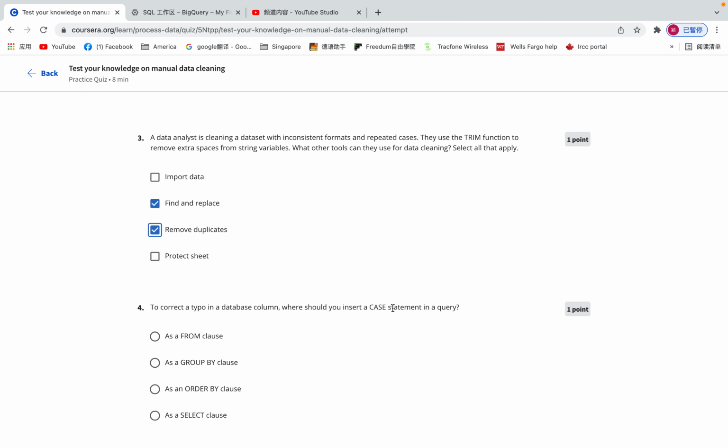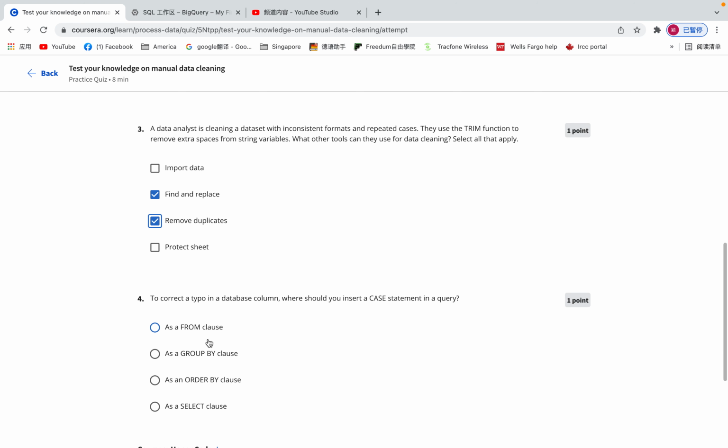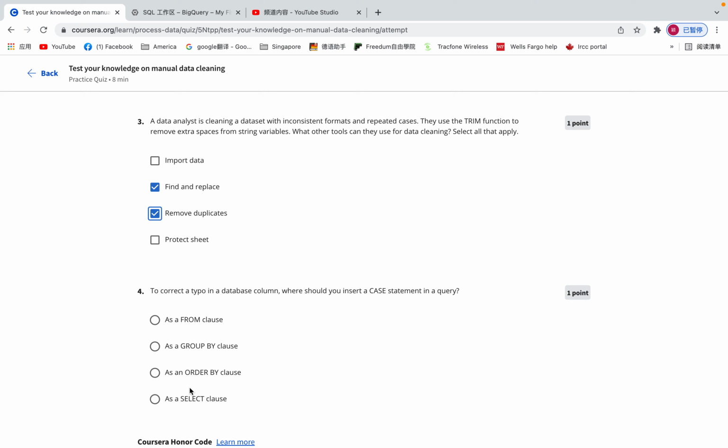Where should I insert? Select and CASE WHEN something THEN something ELSE and END as